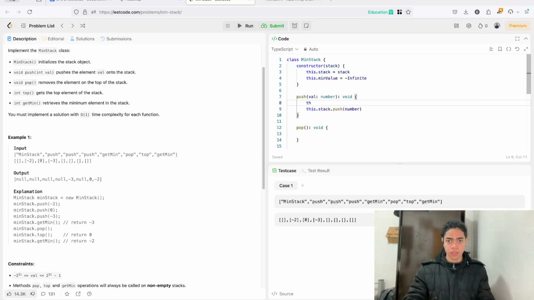Which is, hey, if this dot min value is, or is this number, the value that we're getting, less than this min value, I want you to update this value. Or let me see here, if this value is less, I think it's this, if the value is greater than this value,